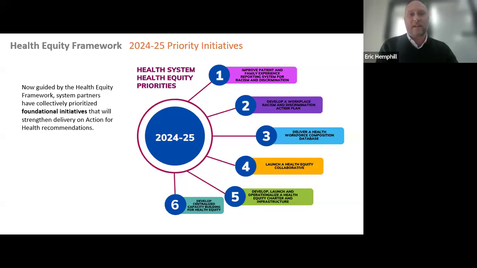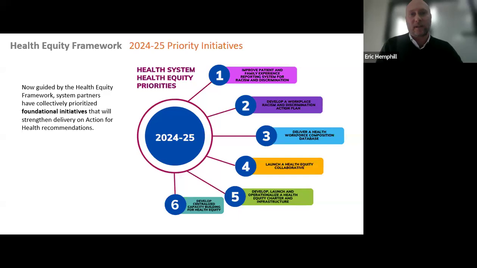And so here are the 6 places where we landed for priority initiatives that were started in 2024-25. Of course, most of these, in fact, actually all of them, I'm going to be honest, will have legs for years likely to come, because in and of themselves, they are complex initiatives, but these are things that we've started in the previous year, I guess this current fiscal year. So the first 3 are system level change initiatives. So we're talking about usually all 6 partners being engaged. In some places, some not as much, because it doesn't necessarily fall within their area. But generally speaking, the first 3 are